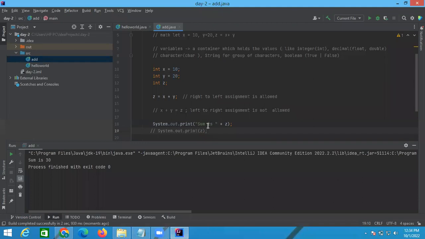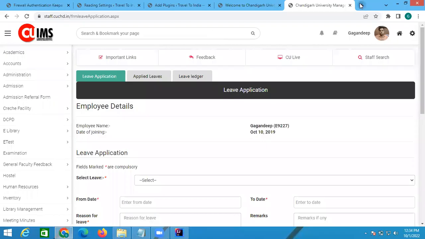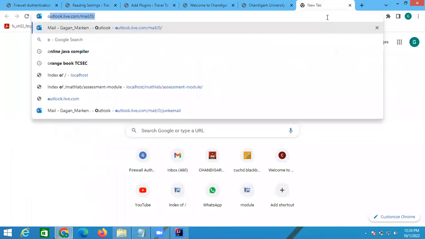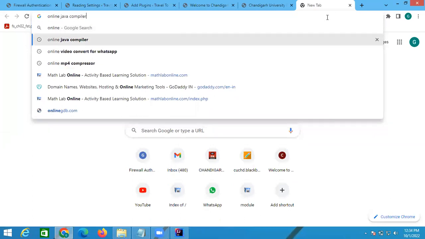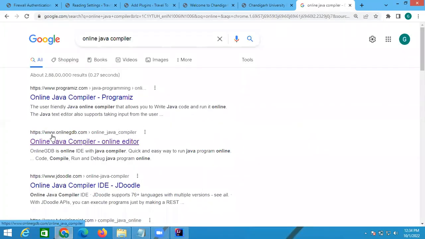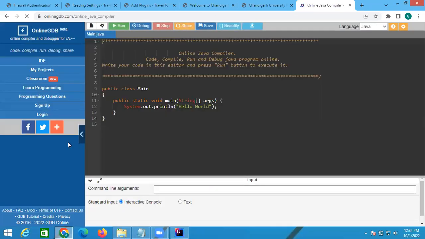सेकेंड थिंग व्हाट वी हैव हियर, देखो अभी कई बच्चों ने अभी इंस्टॉल नहीं किया होगा, राइट? तो वो क्या कर सकते हैं, यहाँ पे जाओ, ऑनलाइन जावा कंपाइलर, इस वाले को यूज कर लो, ऑनलाइन जीडीबी। इस कंपाइलर को यूज करो। यहाँ पे जैसे ये हेलो वर्ल्ड लिखा है, आप सिंपली रन क्लिक करो।